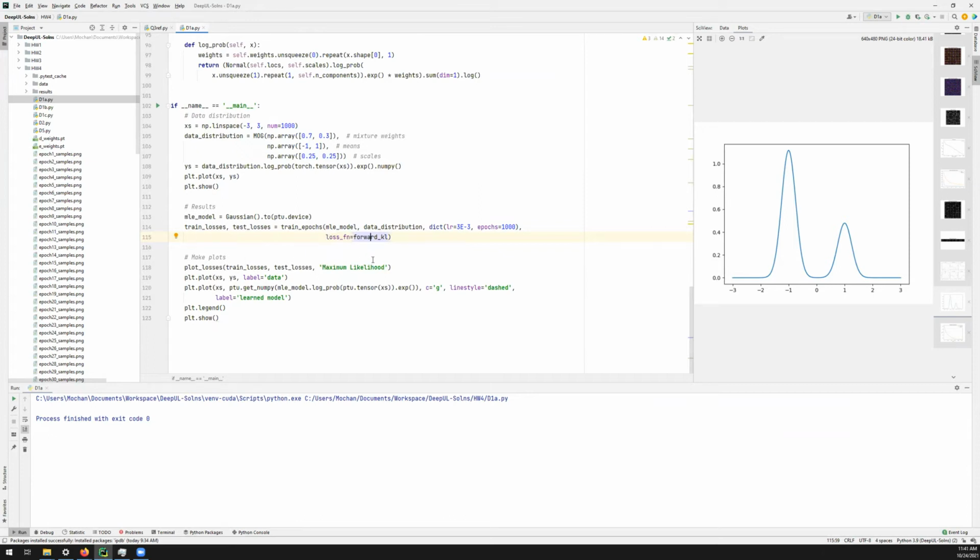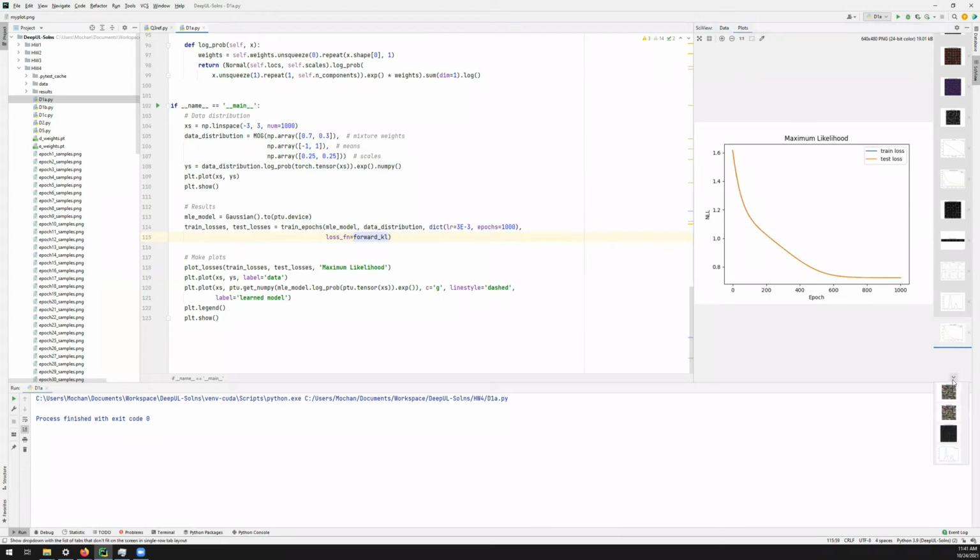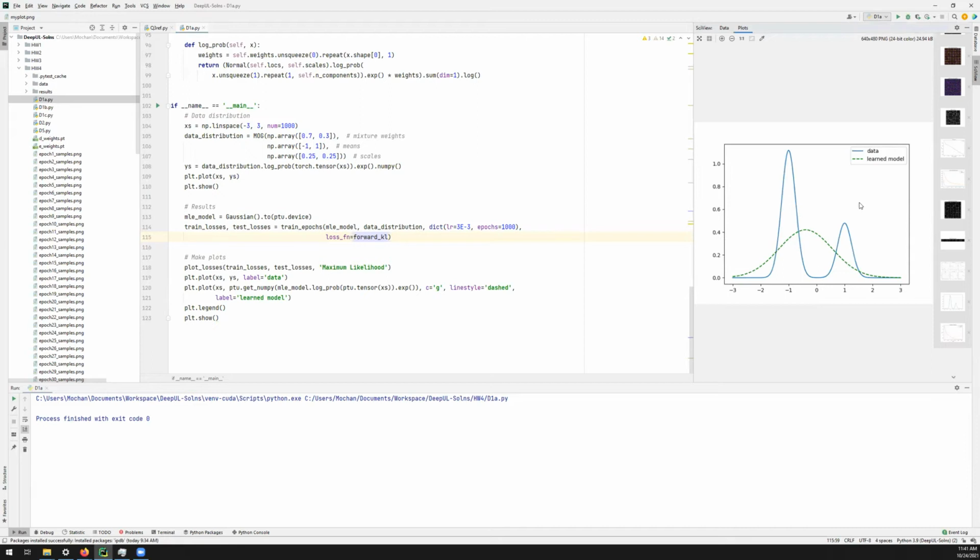And then at the end of the training, this is the training loss and the test loss, and this is the graph. As we can see, the KL divergence has to cover all of the space. Even though there's nothing here, it has to cover all of it. And we discussed this in the lecture, right? And then the next one is the